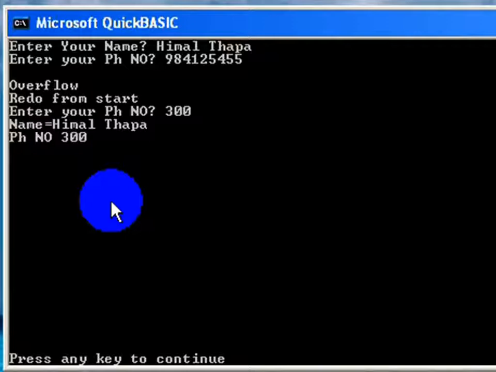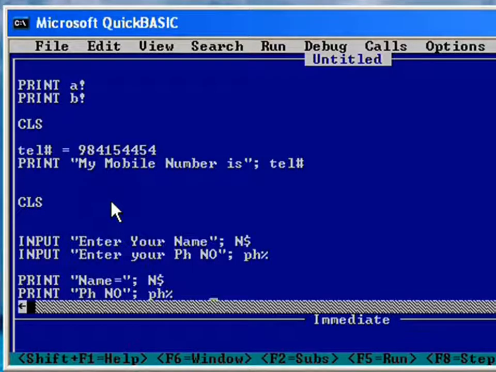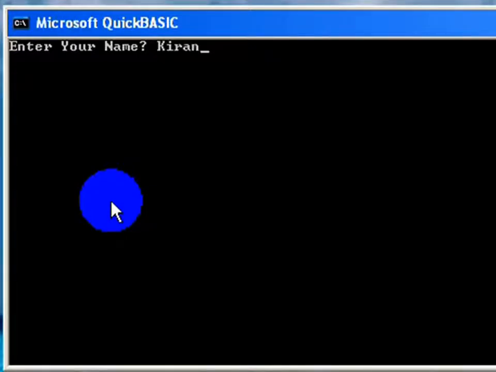And it occupies unnecessary space in your computer. Okay, so please use the required type of variable in the required time. So again, if you change this variable, for example, now again if you change it as yes, now it can be stored in a phone number because it is long type of number and you can easily store. For example, Kiran Thapa,